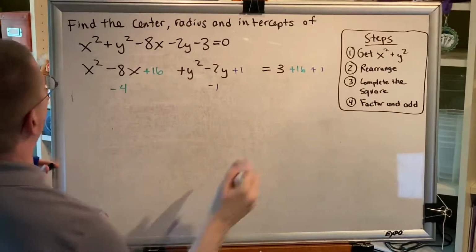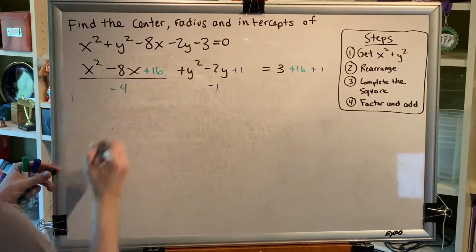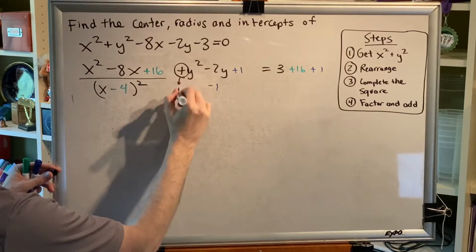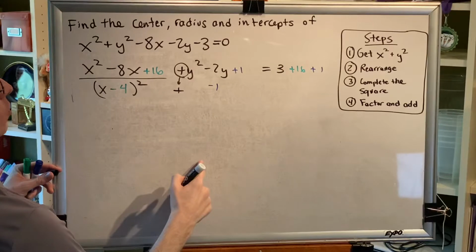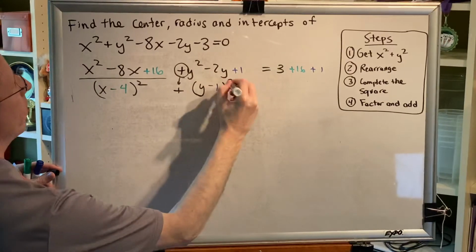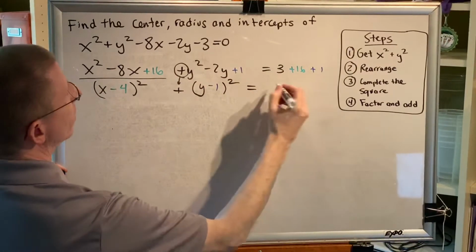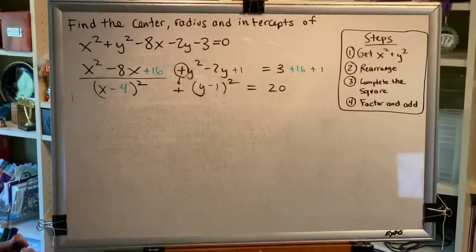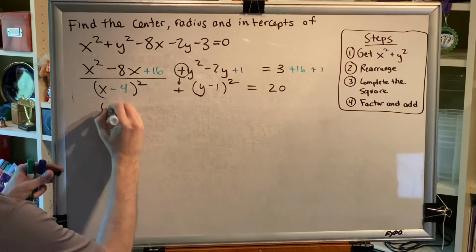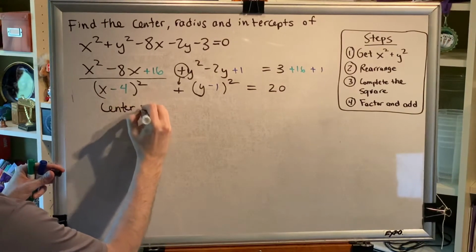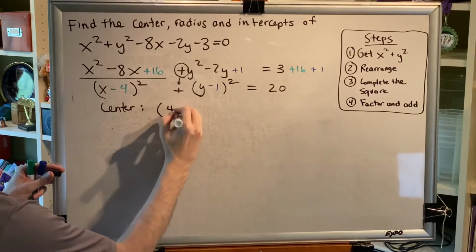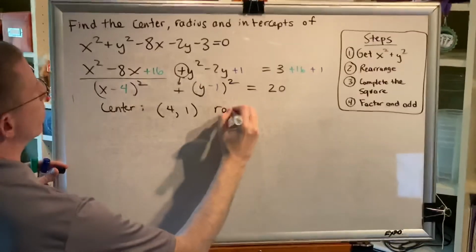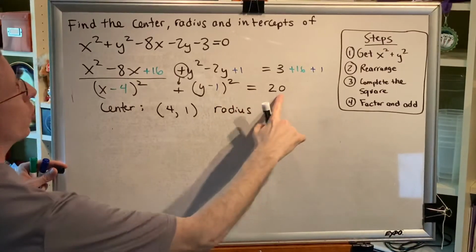Step 4, factor and add. Factoring x squared minus 8x plus 16 gives us x minus 4 squared. Bring down the plus. Factoring y squared minus 2y plus 1 is y minus 1 squared equals, and adding these up we get 20. Now we have our standard form version of our circle, and we can see that our center is the opposite, so positive 4, and the opposite, so positive 1. The radius is the square root of 20,